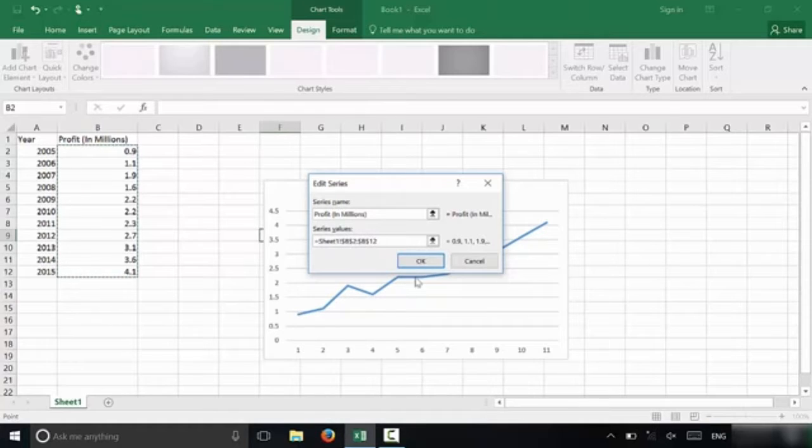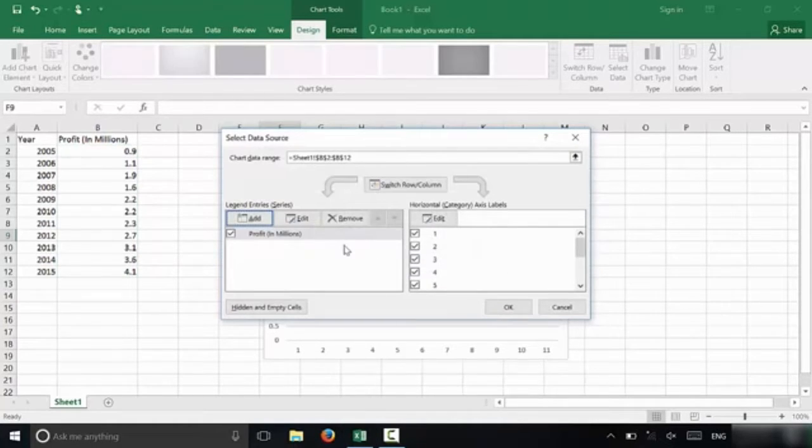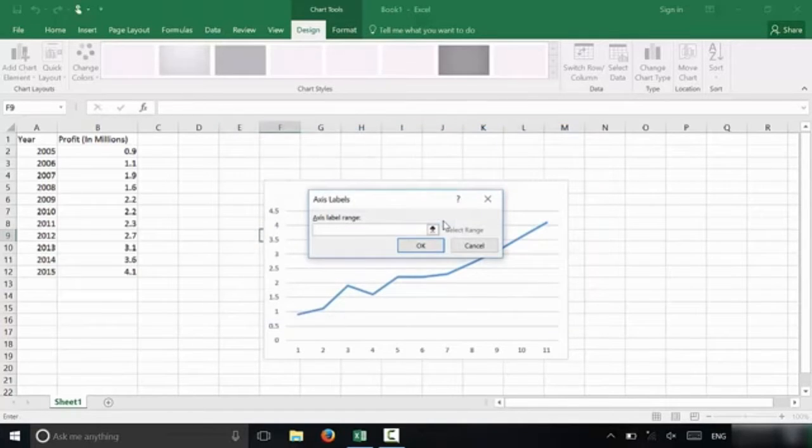As you can see, the line graph has already started to form. I'm now going to click OK, and half of it is basically done. All that we have to do is edit the horizontal category axis labels right here. Very, very simple. I'm going to click Edit, and as you can see, we are now going to select the